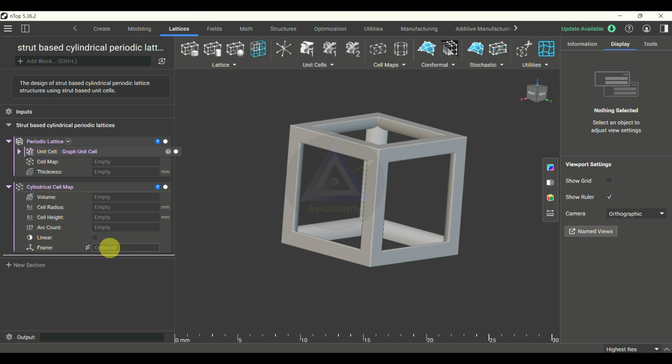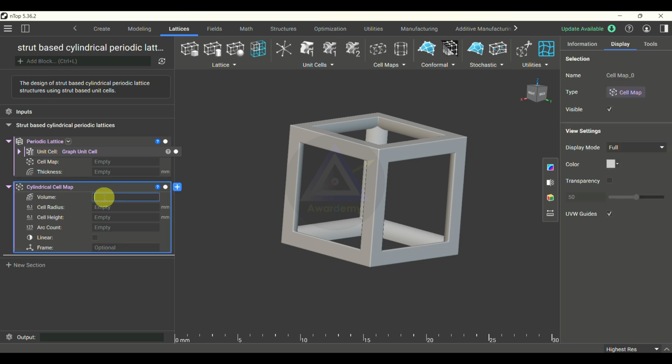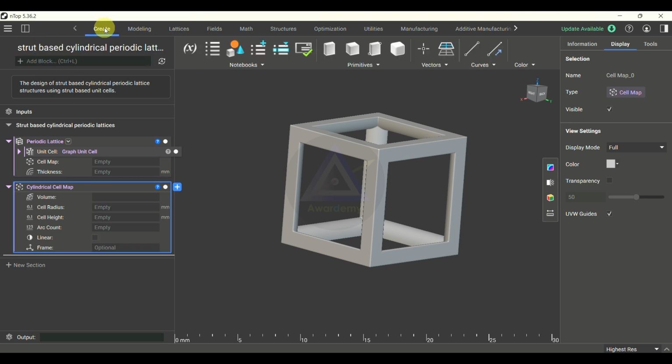If somebody wants to create a new frame and generate the respective cylindrical map with respect to that frame, then one can freely design it. So let's define one by one. And yeah, here our volume. So we can get the volume directly from here, but I hope we cannot get it from here now for this purpose. So let's select it from here, or we can go here, like a create tab, and then